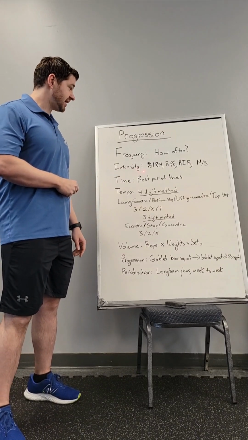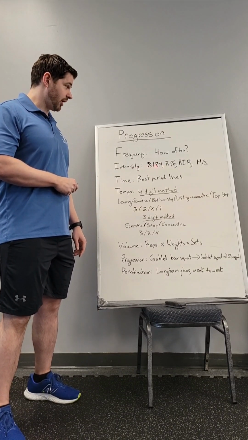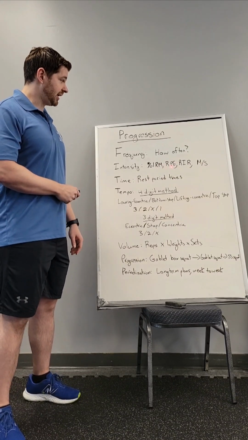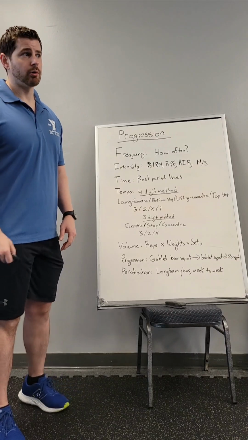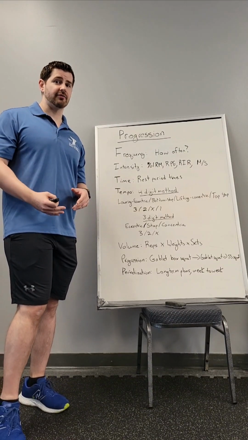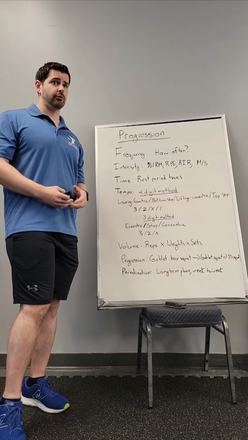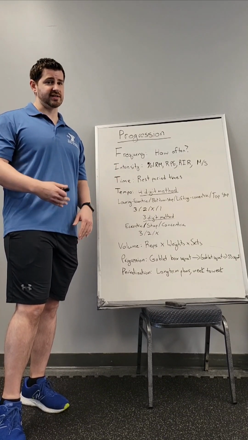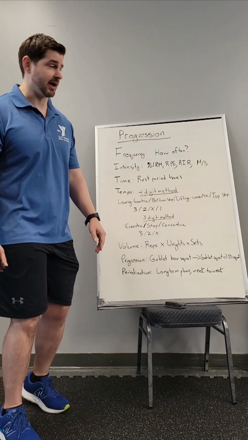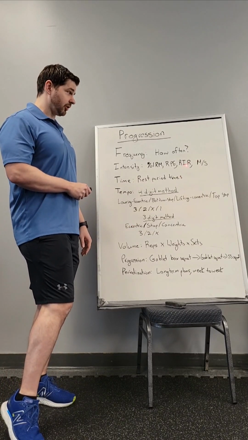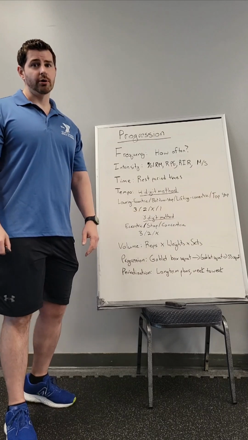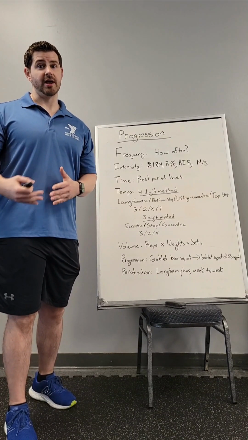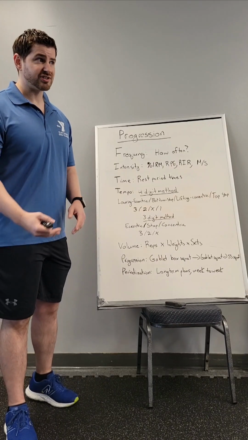When we're talking intensity, it can be a percentage of 1 rep max, which is the most common way you see things prescribed. It can be RPE, rate of perceived exertion, where we're looking at basically how the client feels. You'll normally go through a 1 through 10 scale, with 1 being the easiest thing in the world, to 10 being the worst thing they've ever done, they're about to die. Reps in reserve is another way you can do it, where you tell a client you want 2 or 3 reps in reserve that they'd be able to do if they kept going,